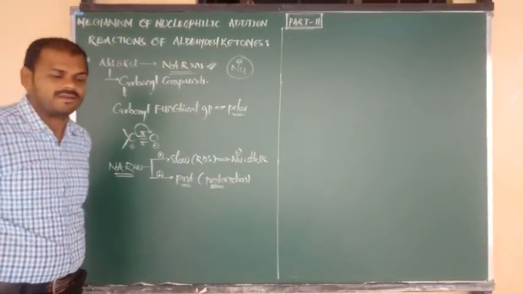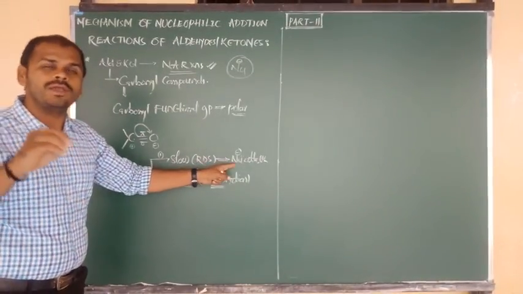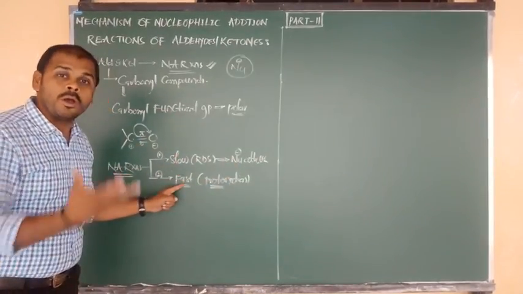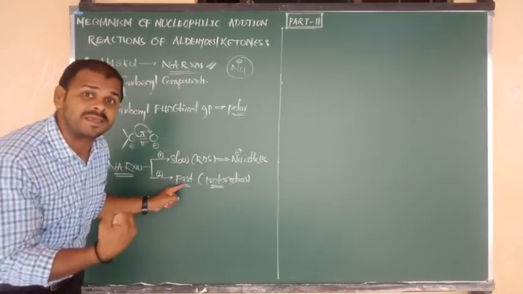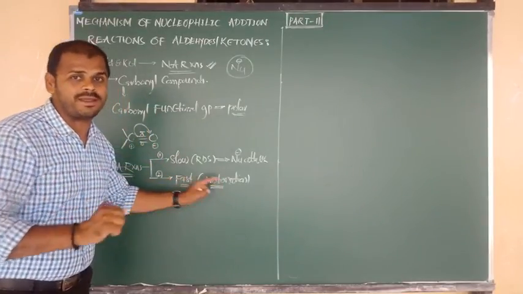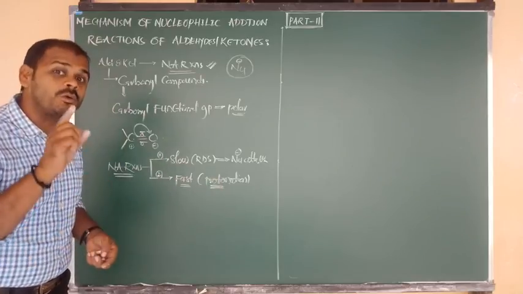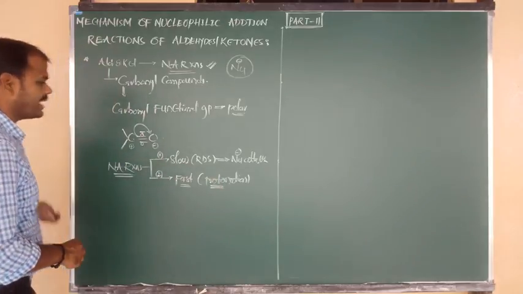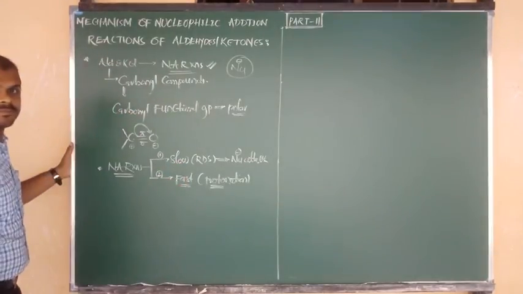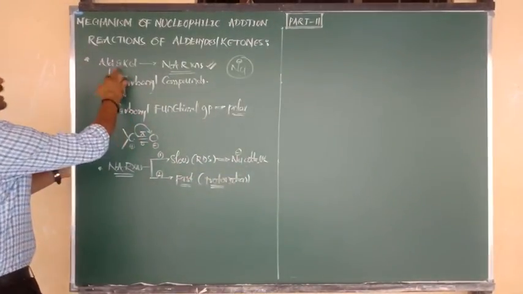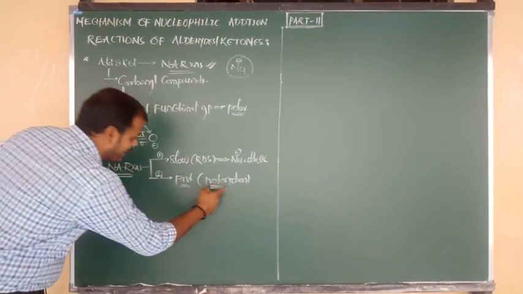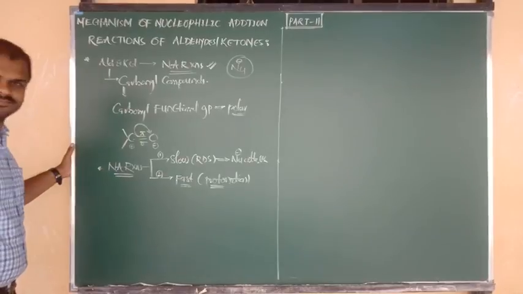I hope you understand. So in step 1 nucleophilic attack will take place, that is the slow step. And in step 2 proton capturing will take place. We have to capture the proton, I mean we have to add H plus, to get the final product. So here two steps are involved, one is a slow step, one more is a fast step. Nucleophilic attack takes place upon aldehyde and ketone in the slow step, followed by proton capturing in the fast step. Clear?